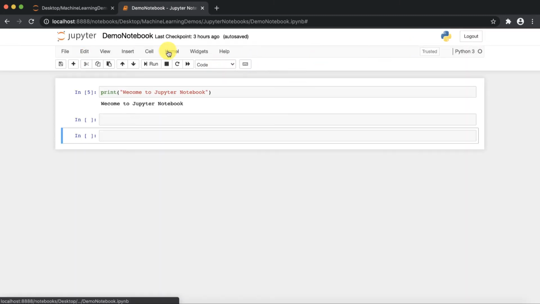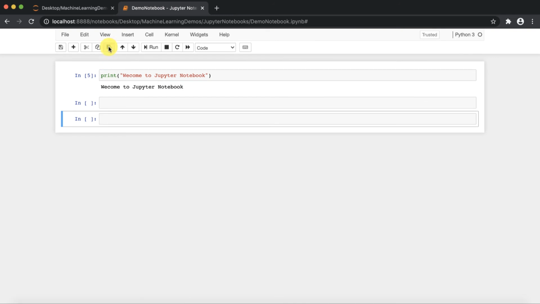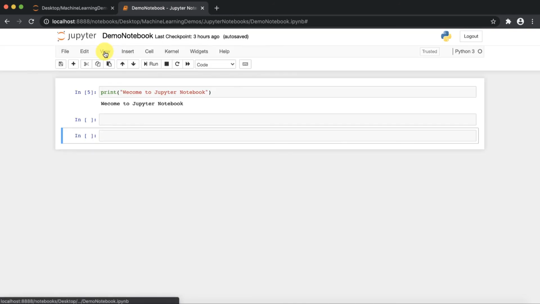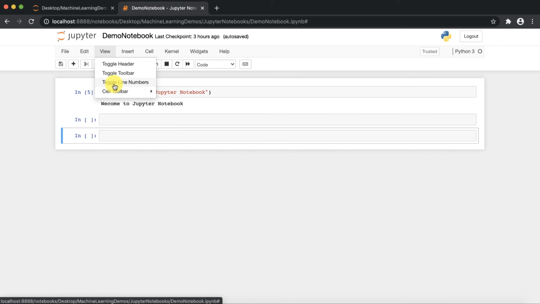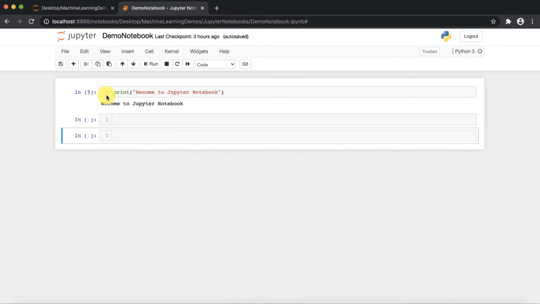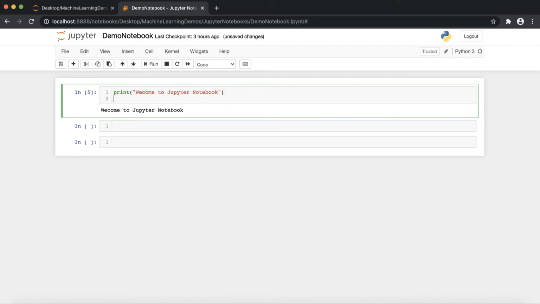Okay, after that, we have a view menu. So what is the use of this? You can toggle the header, then it will toggle the toolbar. Then this is very important, right? Toggle the line number. Suppose you want to print the line numbers besides your cell, suppose right now here is that if I